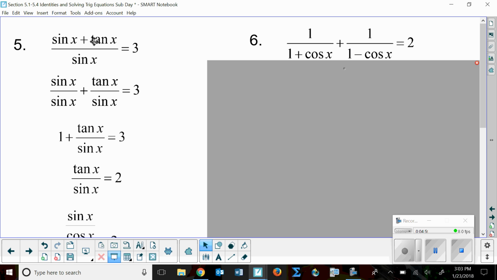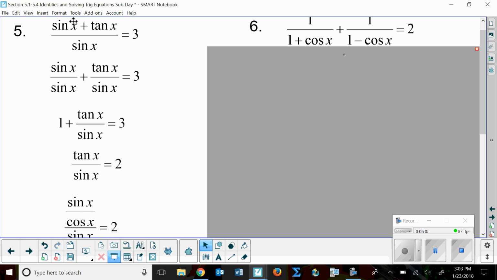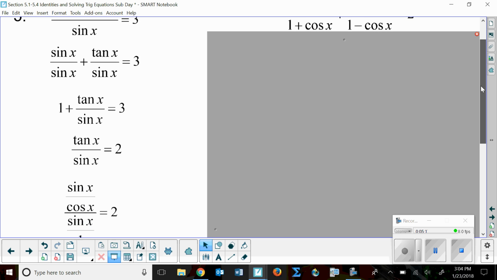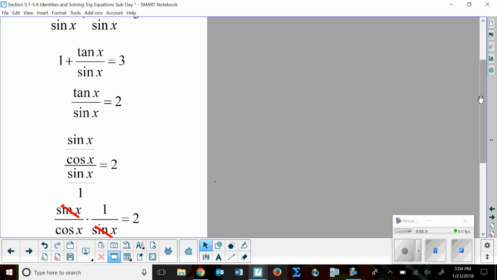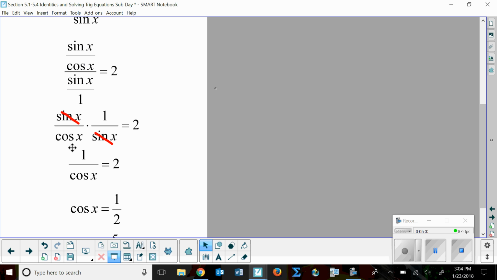All right, so you should have checked your answers or worked on the problems, and here are the answers. So over here, one way that I went about it, and just so you know, there are many ways to go about doing these problems. I split this up to be sine x over sine x plus tan x over sine x. I knew that sine x over sine x is 1, and I subtracted 1 over to the other side to get tangent x over sine x equals 2. I split tangent up to be sine x over cosine x, still over that sine x over 1. And then to simplify a fraction divided by a fraction, I kept the numerator the same and multiplied by the reciprocal of the denominator. The sine x's cancel out, and I'm left with 1 over cosine x equals 2,